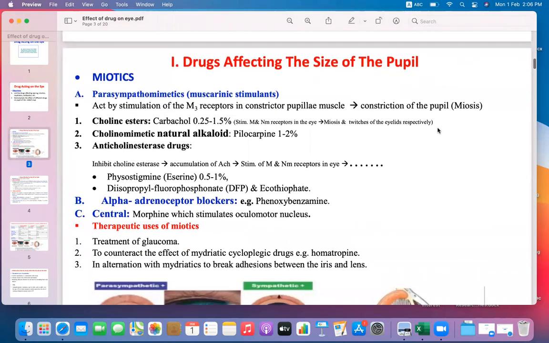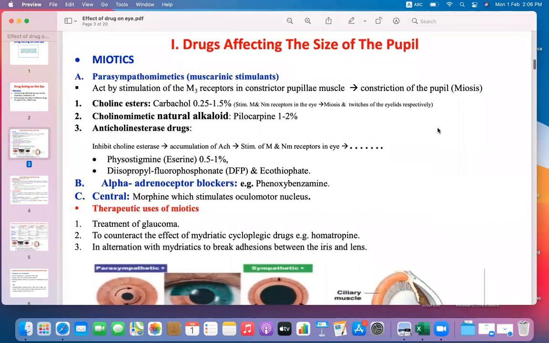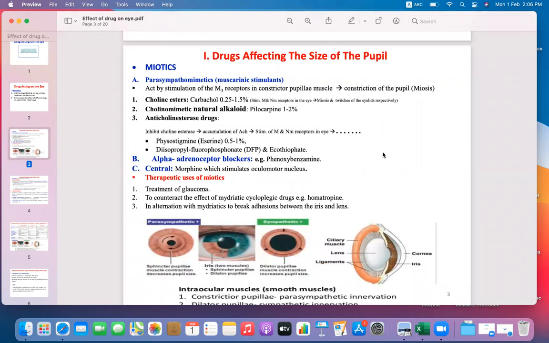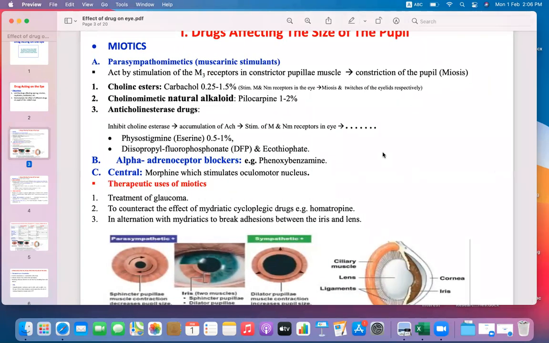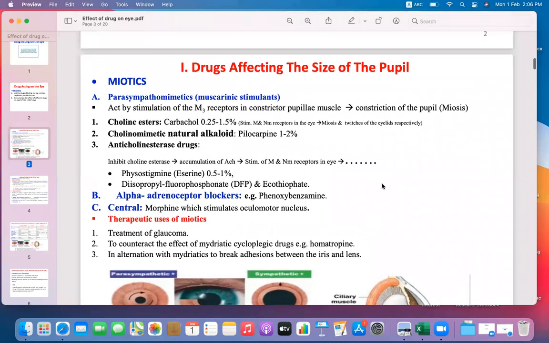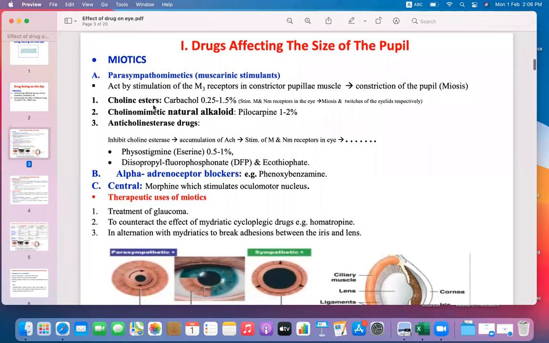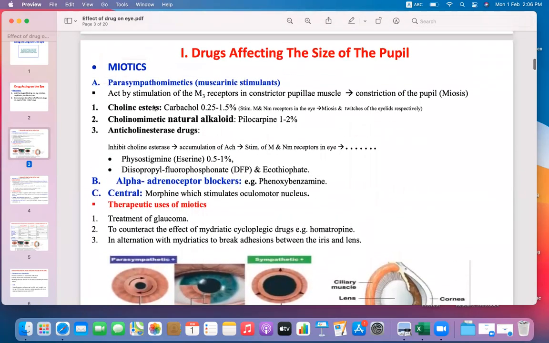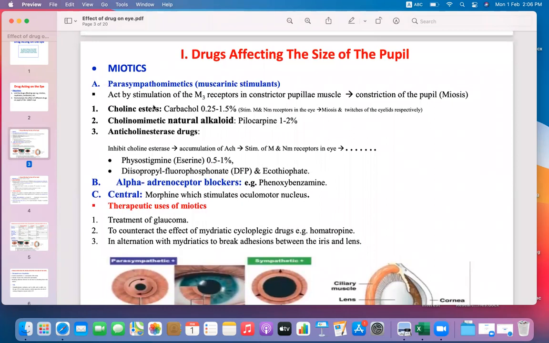Drugs affecting the size of the pupil: myotics and mydriatics. You should know what we mean by myotics, meiosis, and mydriasis. In meiosis, the size of the pupil gets decreased, and in mydriasis, the size of the pupil gets